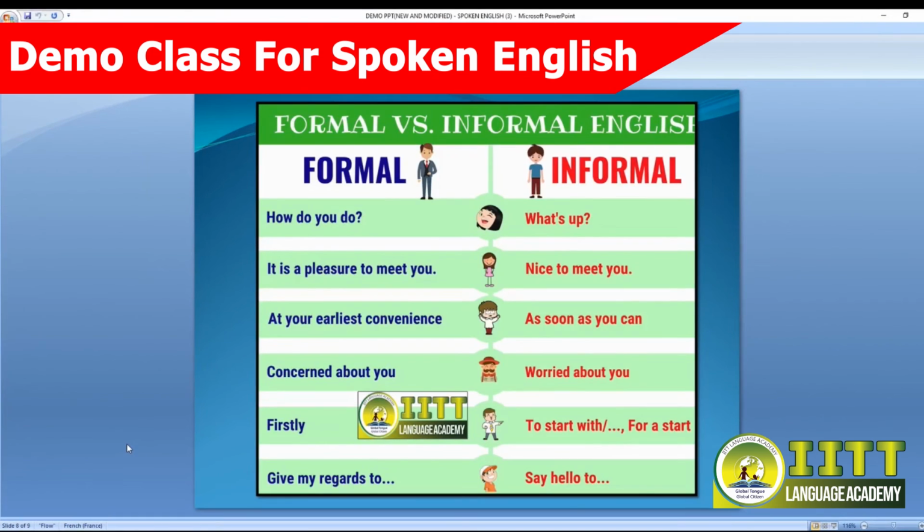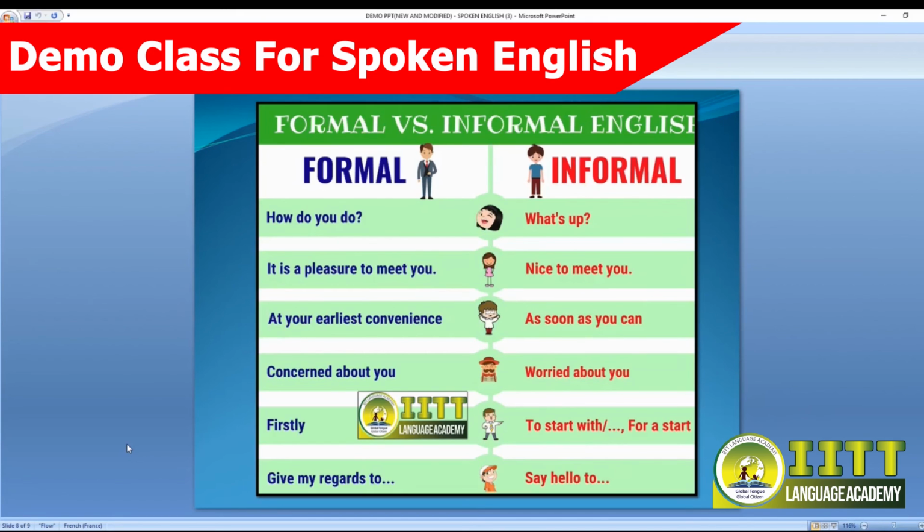How do you do? This is business English. What's up? Well, we can use what's up at home, at my friend's place, in a club, in a gym. That is okay. But if you drop in to your office and then you ask your superior or your colleague or someone else, what's up? It is going to be a fiasco.